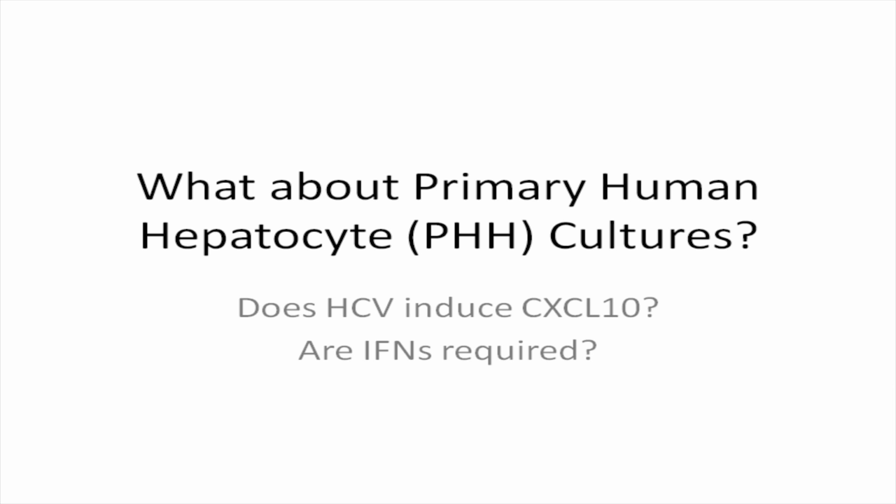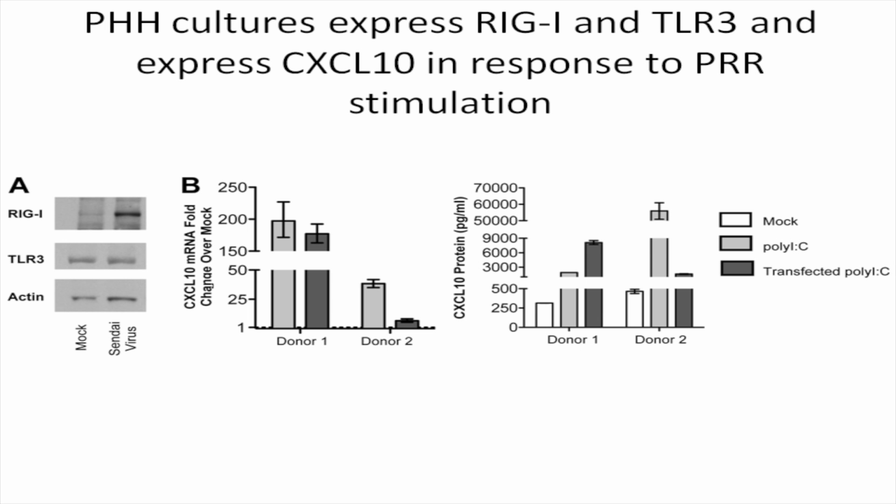So the first thing we did is we looked at various donor preps of primary hepatocyte preparations. And I should say that these were obtained either commercially from Invitrogen, or we got them through an NIH-sponsored tissue distribution system. So we've looked at about 8 or 9 different donor preps. But this just shows one particular prep, and you can see